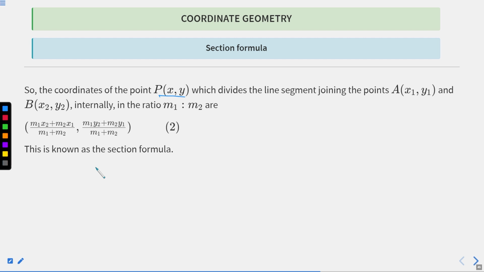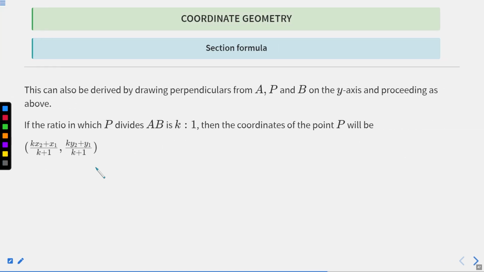Okay, so if a point P (x, y) divides the line segment AB internally in the ratio m1 is to m2, then the coordinates of the point P are ((m1 x2 plus m2 x1) divided by (m1 plus m2), (m1 y2 plus m2 y1) divided by (m1 plus m2)), and this is known as the section formula. Okay, so now this can also be derived by drawing perpendiculars from A, P, and B on the y-axis